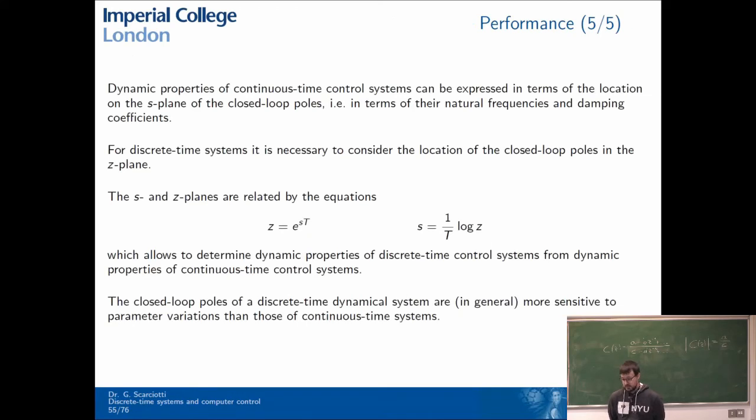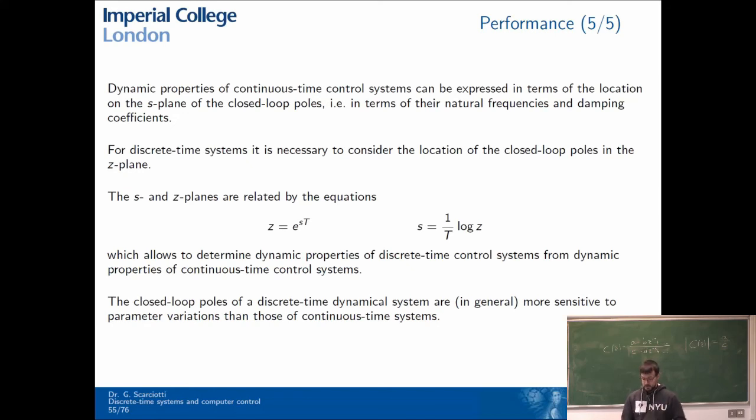We conclude this lecture with this last slide, in which we point out a very important and surprising difference between continuous time systems and discrete time systems. In continuous time systems, the dynamic properties of the system basically depend only on the location of the poles, the closed loop poles in the S-plane. For discrete time systems, that's not enough. The position of the poles on the Z-plane is important, but is not the only feature to determine the behavior